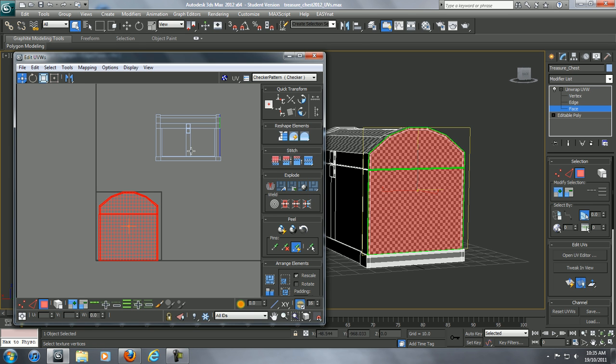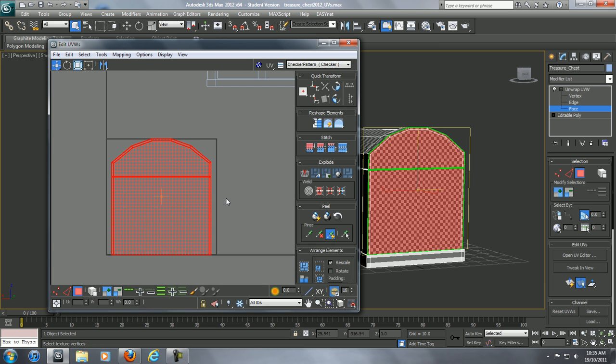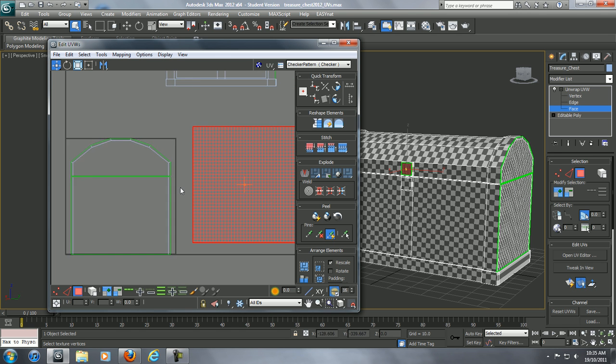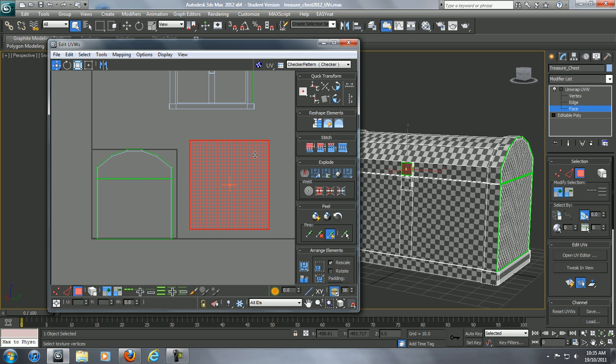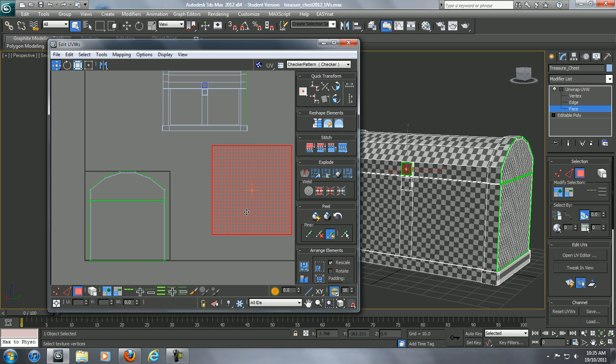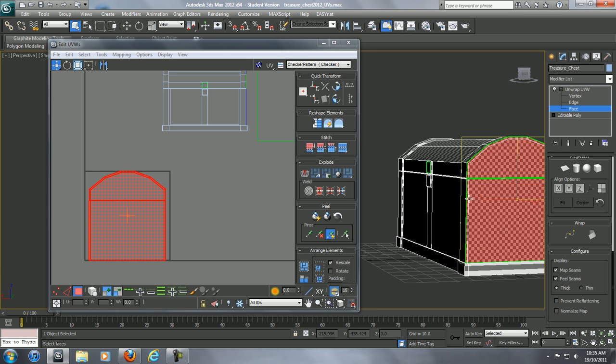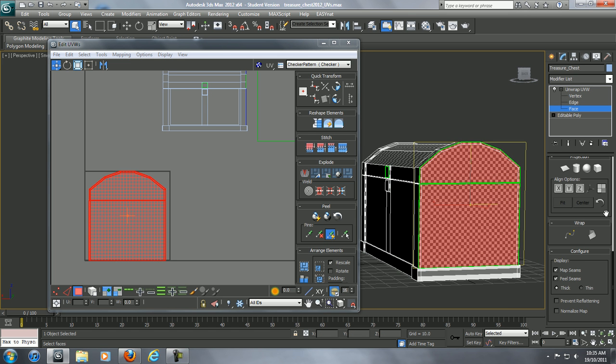Now the problem is, well, it's not really a problem, but you'll see there that it's fitting exactly into this area. The problem with that is that if I choose other areas like this little lock down here and hit quick planar, they all get overlaid and they're all relative to each other. They're going to be the wrong size. So what I want to do is go down to the bottom and untick normalize map. That way, as I map different sections, if I choose this side again and now try quick planar,